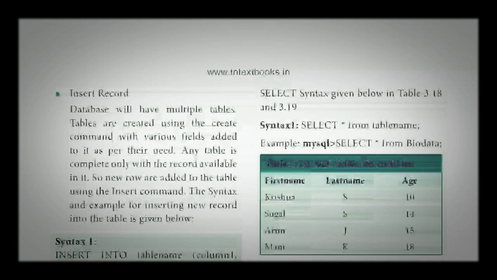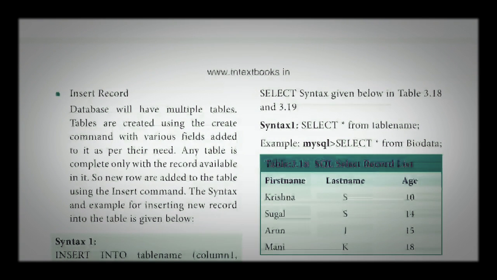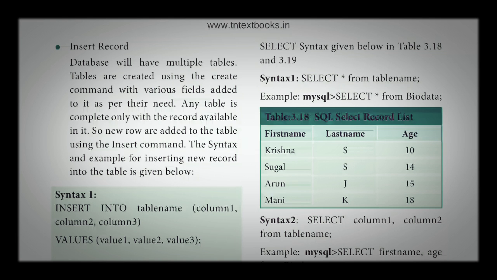For example, you are having a table and you are having data in it. If you want to view particular data, say for example you want the first name and last name of ages 10 to 20, then you can use this select command to view the data. So we are going to see the syntax: select star from